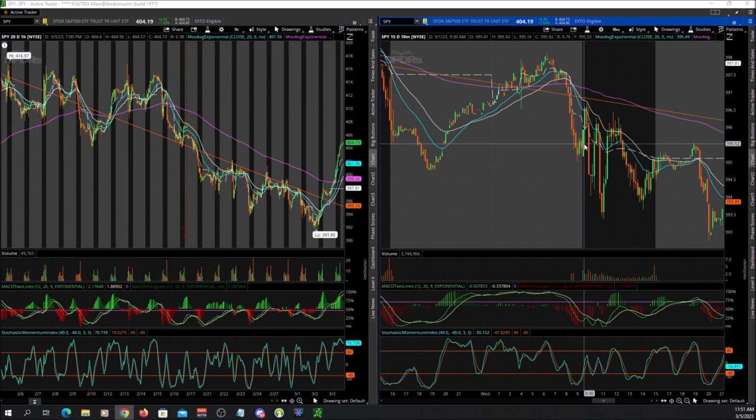So puts is what I had because of this big drop right here. The more I got thinking about it, the more I'm like, okay, this is probably going to pop. Usually when you have these drops right here, right before market, everyone jumps in the puts that open and it ends up having a short squeeze. But I was also looking at it from the point of view that